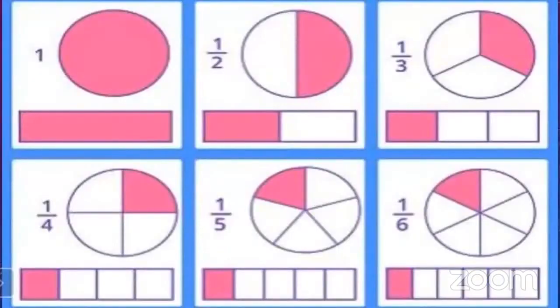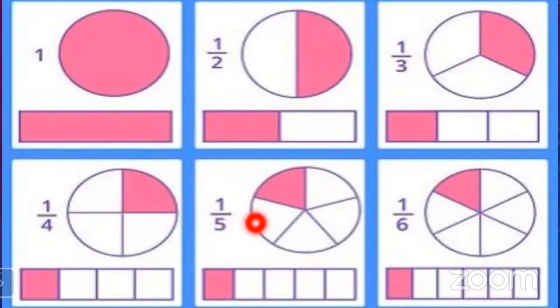Now look at here. What do you see? The first one is whole. The second one is half. In the first slide, we understood that when any figure, object or group is divided into 4 equal parts, we read it as half, quarter, 3/4, and 1/4 is a quarter. But look at here now. The given figure is divided into 3 equal parts, and out of the 3 parts, 1 part is shaded. So it is 1/3. Here it is into 4 parts.